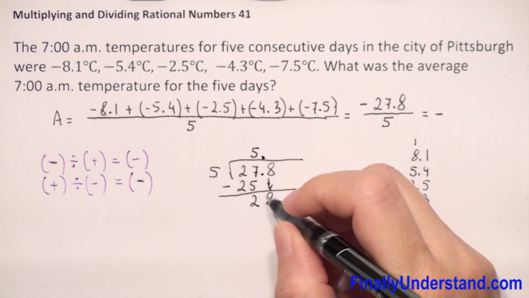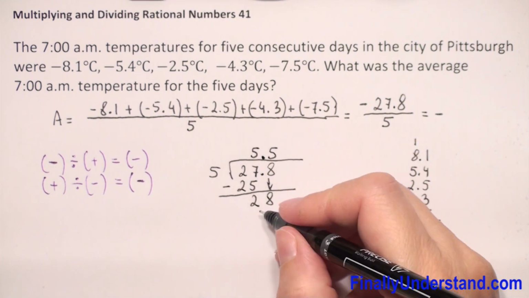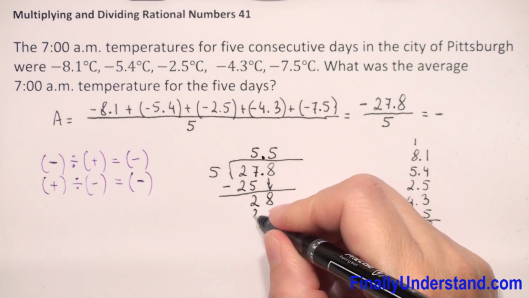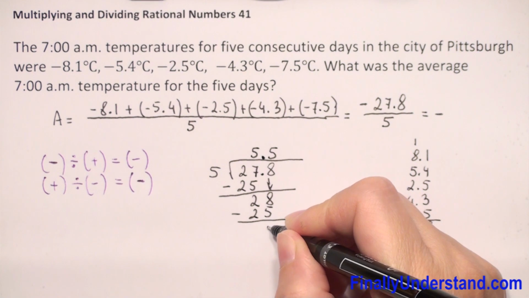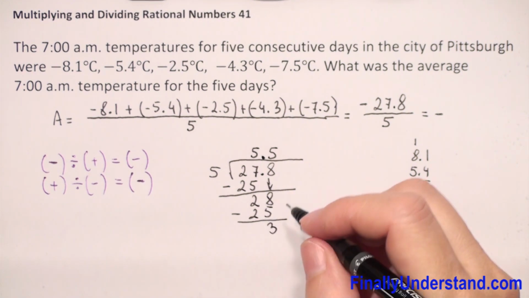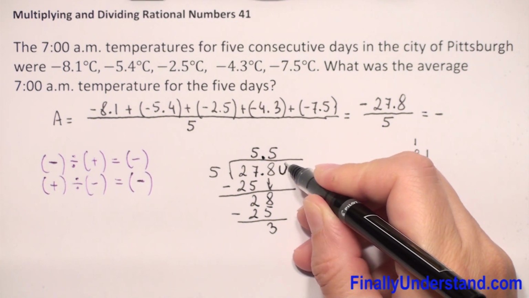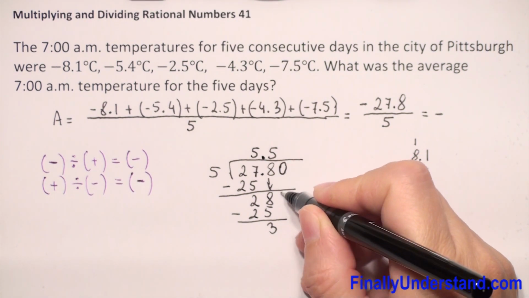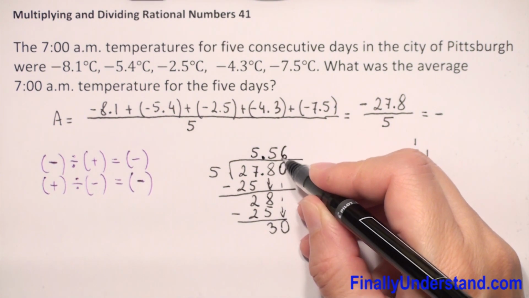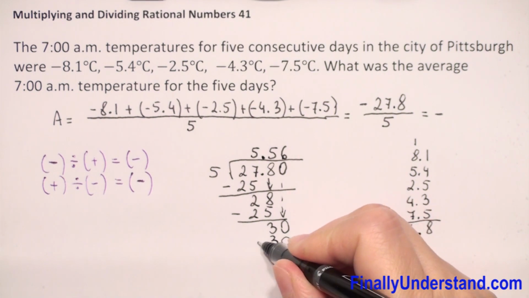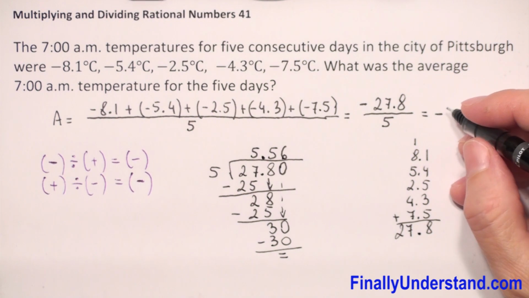So we have 28 divided by 5 is 5. 5 times 5 is 25. Subtraction. 8 minus 5 is 3. 2 minus 2 is 0. We don't have to write it. We didn't finish our division, so I will add a 0 and we take down the 0, so we have 30 divided by 5 is 6. 6 times 5 is 30. We finish the long division and our result is